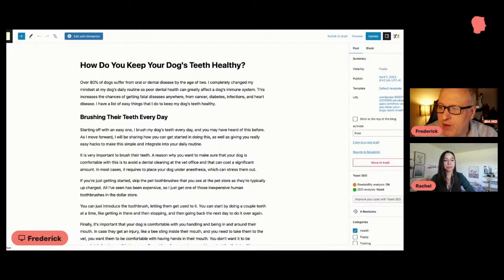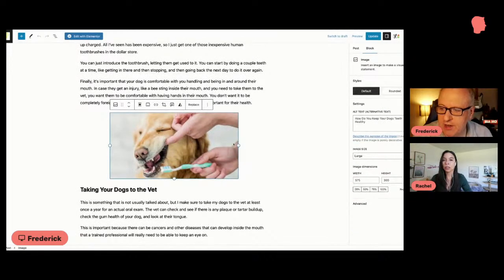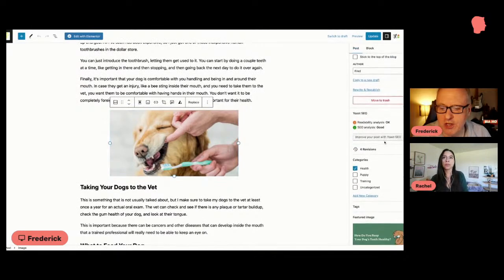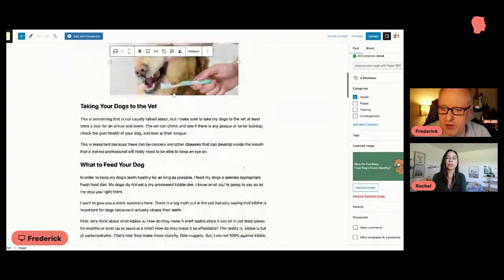So if it's an image in the body, like, let's imagine you want to change this one, it's in Guggenheim. And if you want to change the featured image, it's at the level of the post, so it's in the sidebar here. You change the feature. But if it's in the body,